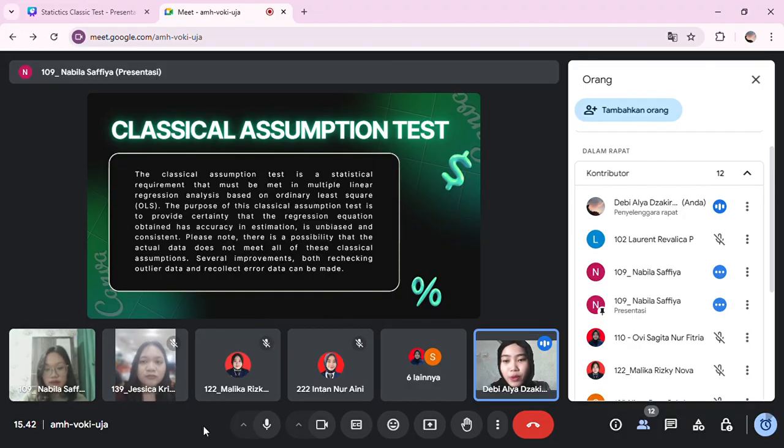The purpose of this classical assumption test is to provide certainty that the regression equation obtained has accuracy in estimation, is unbiased and consistent. Please note, there is a possibility that the actual data does not meet all of these classical assumptions. Several improvements, both rechecking outlier data and recalling error data, can be made.